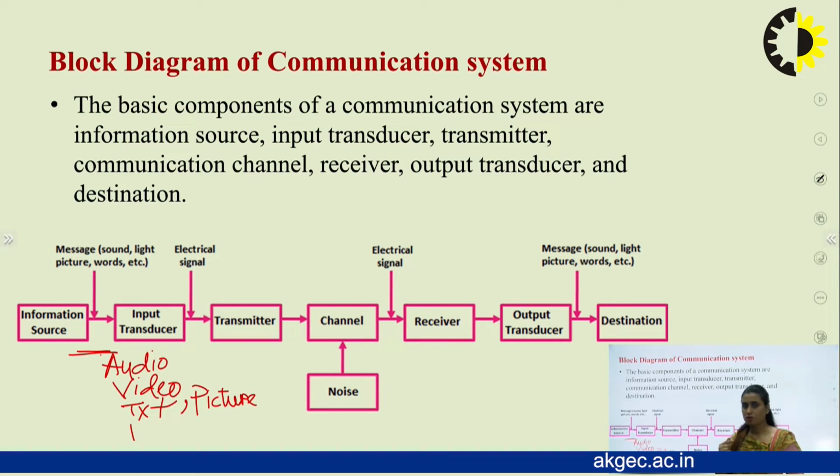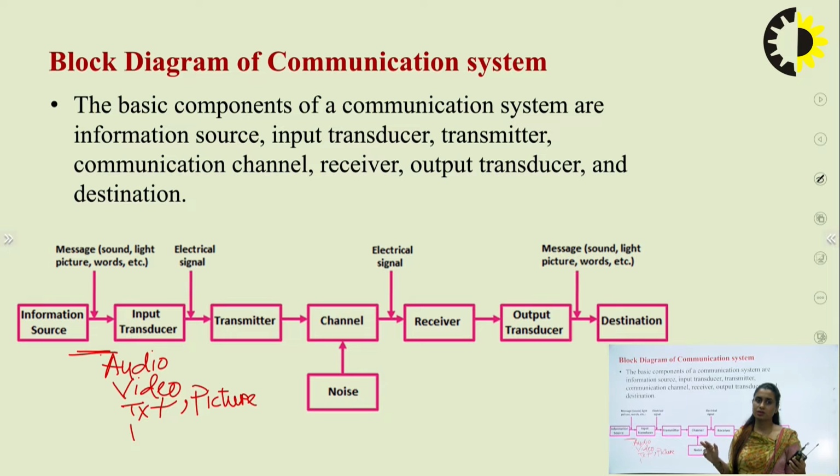If I want to transmit voice, but the channel available is a wire, a wire cannot carry voice. A copper cable will carry electrical pulses. So there is a need for conversion of my audio signal into electrical pulses. And when I convert that audio signal into electrical pulses, for that I would need a transducer. And after the transducer, what needs to be done is